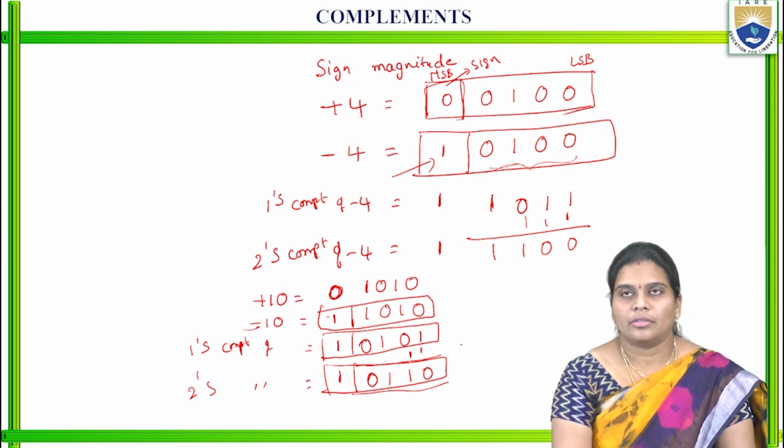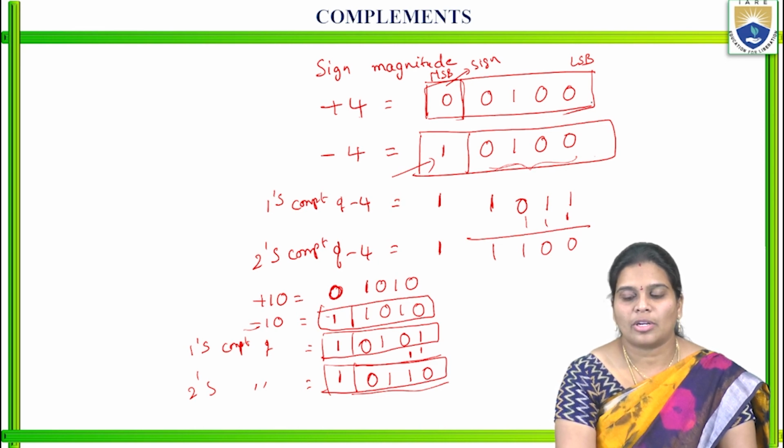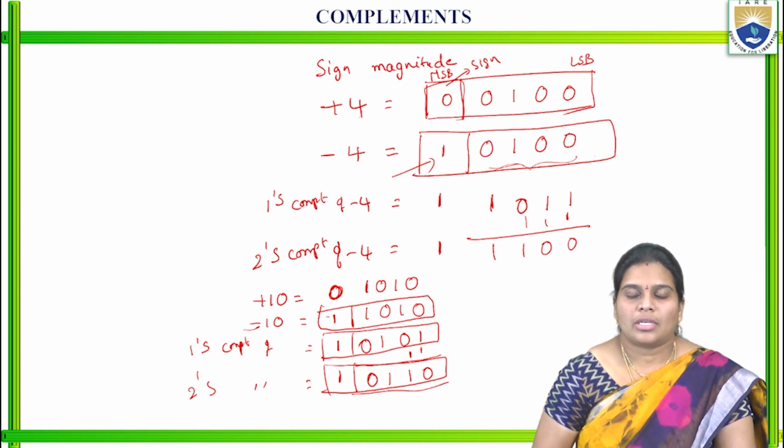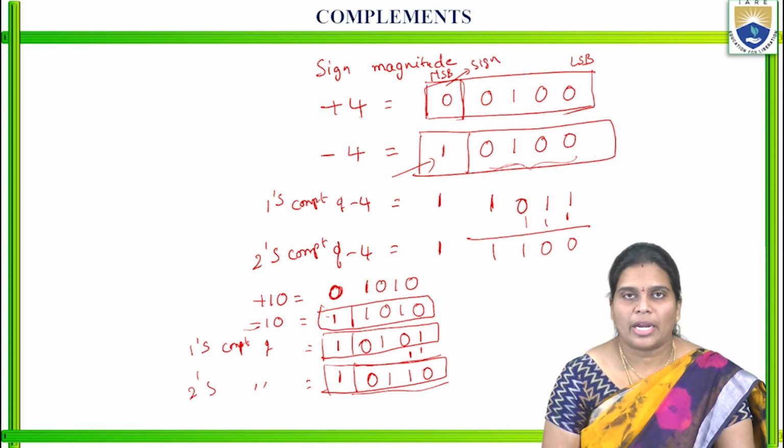In the unsigned, here we are using the positive sign. So here also we are applying the 1's and 2's complement of this particular number only. So we are not disturbing this sign magnitude. So this is the signed and unsigned binary numbers and the complements of the binary system and decimal number system.